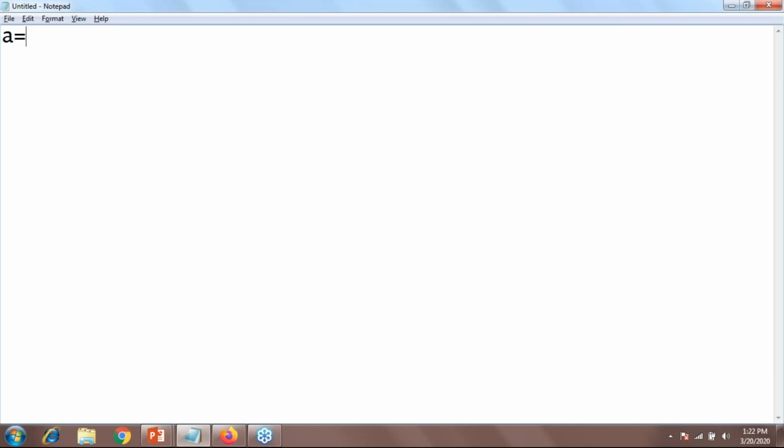Something like a equals 10. In the next line, if my a is equal to 1, then I need to perform some lines of code, starting with the first line to the tenth line.